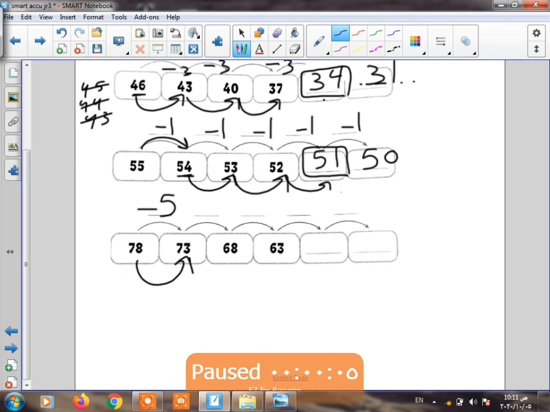Here 73 became 68. The number at the tens was 7, became 6, so the number decreased. By how many? Again, count backward. Before 73 on your fingers, we have